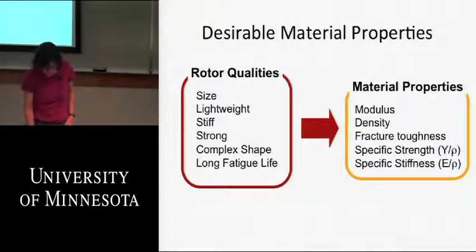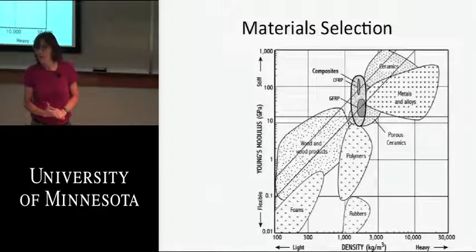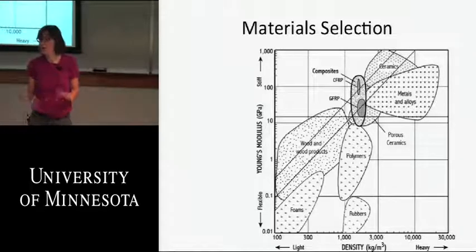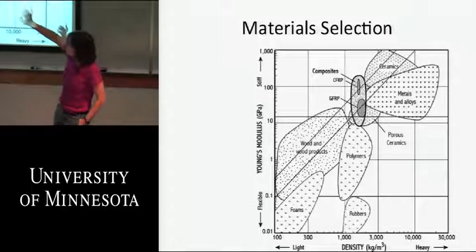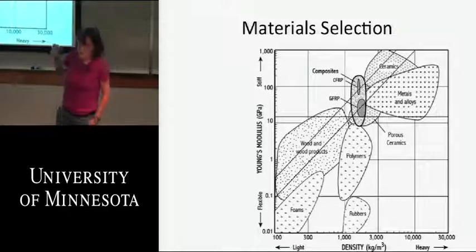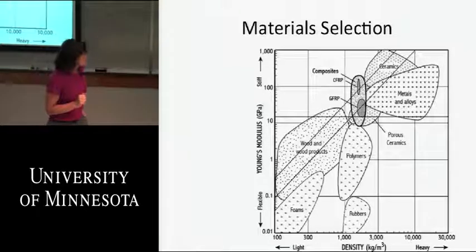So we'll look at properties. These kinds of properties that we're looking at are from a classic chart from a book by a guy named Ashby, A-S-H-B-Y, a British mechanics type of person, and he figured out different ways of looking at material properties so that you can kind of compare things. So in this plot he's got Young's modulus and density, and then he put all the different types of materials in there, and what you can see is, if we go through it kind of